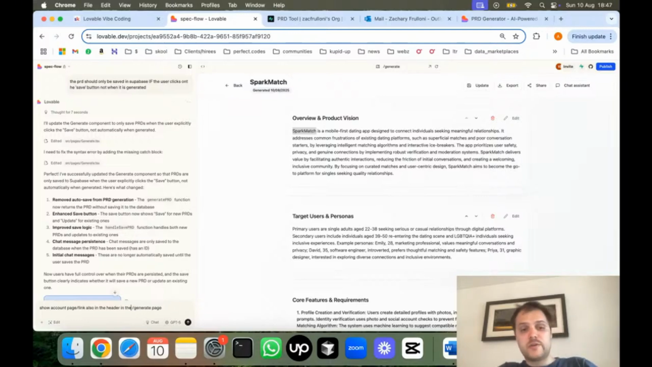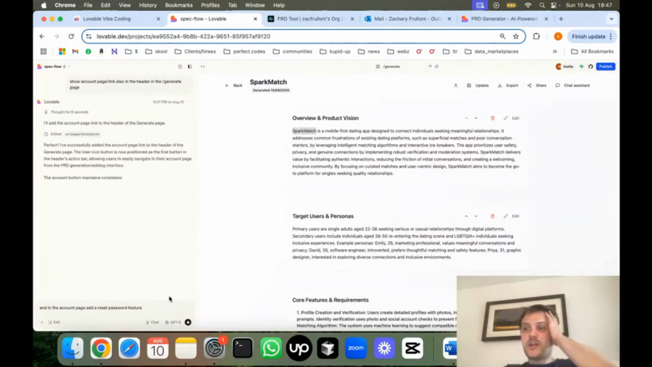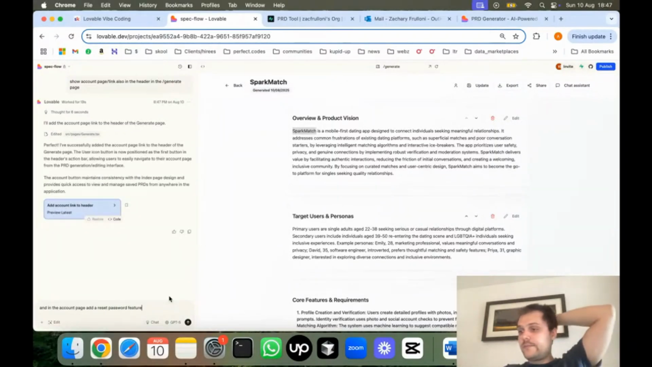So show account page link also in the header in the generate page. And then I think in the account page, we can also add the reset password link. And in the account page, add a reset password feature. Any other features you guys suggest for the account page? I mean, it's done it here on the left, but it should be on the right. It needs to be the link rightmost of the header. Also,